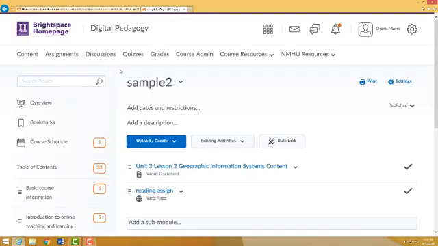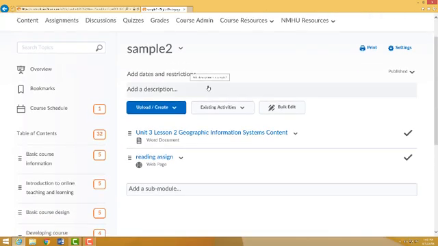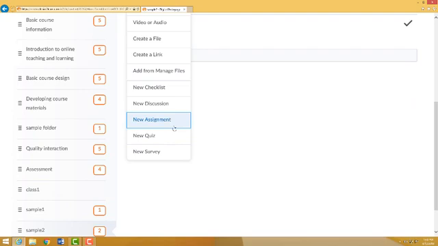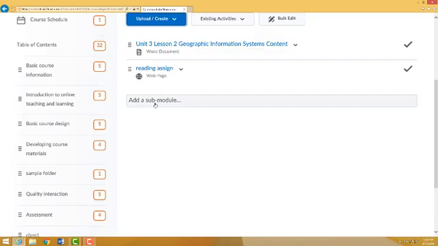The other thing I would recommend is if you have organized by week or by chapter or unit, that kind of organization, if you have an assignment associated with that, I would recommend that you create it in the folder of the week that it's due. And you would do that by simply selecting New Discussion, New Assignment, New Quiz. And if I create a new discussion here,